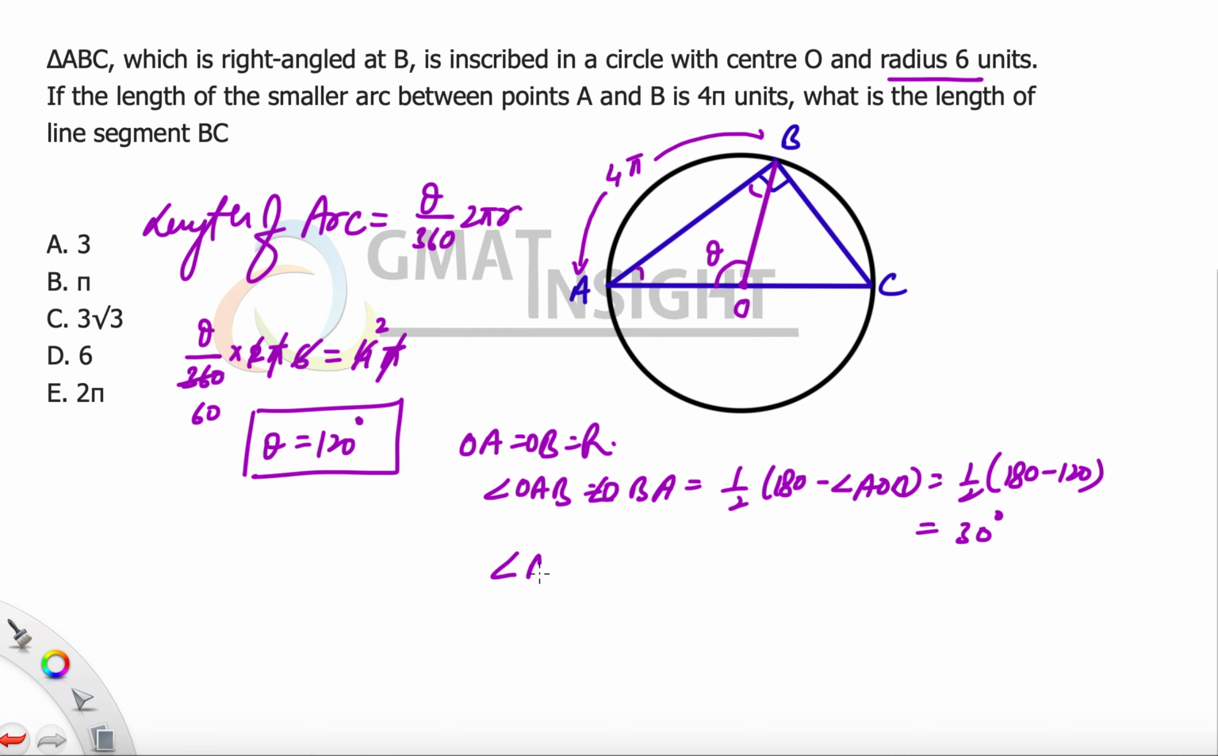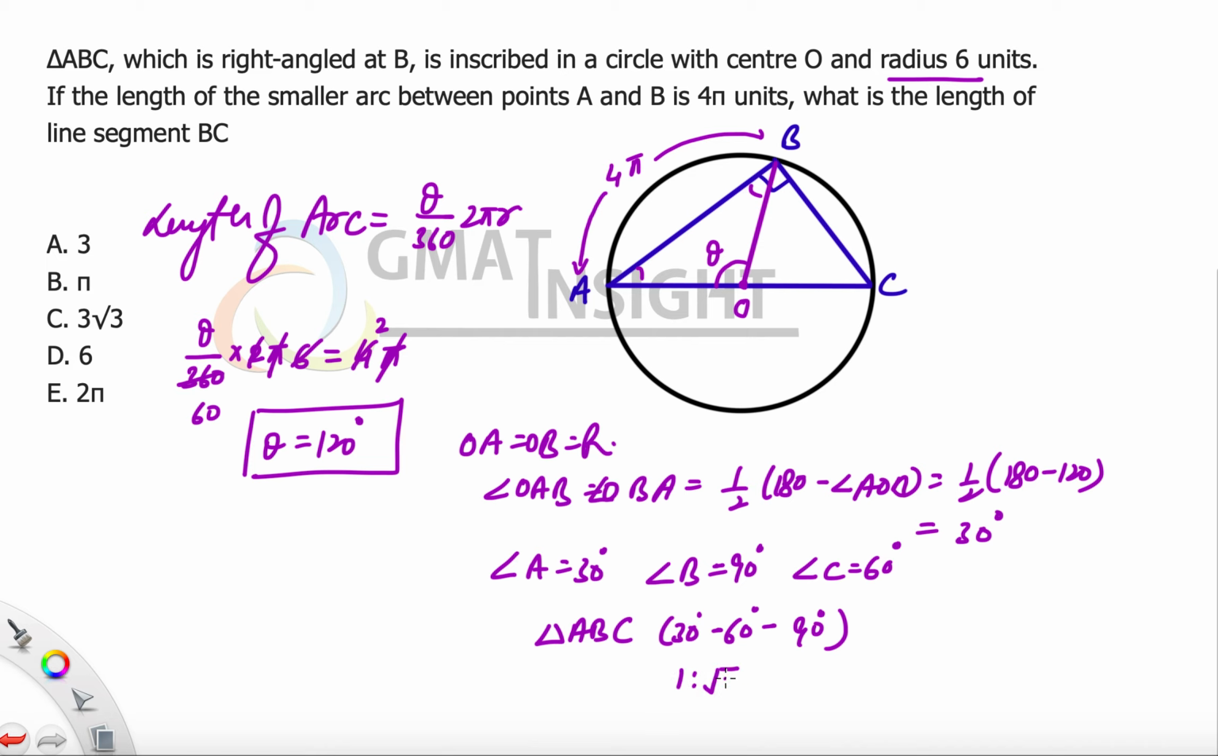So now we know that angle A is equal to 30 degrees, angle B is equal to 90 degrees, which means angle C will be equal to 60 degrees, 180 minus the remaining two angles. That means triangle ABC becomes a triangle with angles 30 degrees, 60 degrees and 90 degrees. To every GMAT aspirant, it should be known that in a triangle with angles 30, 60, 90, the ratio of the sides is 1:√3:2